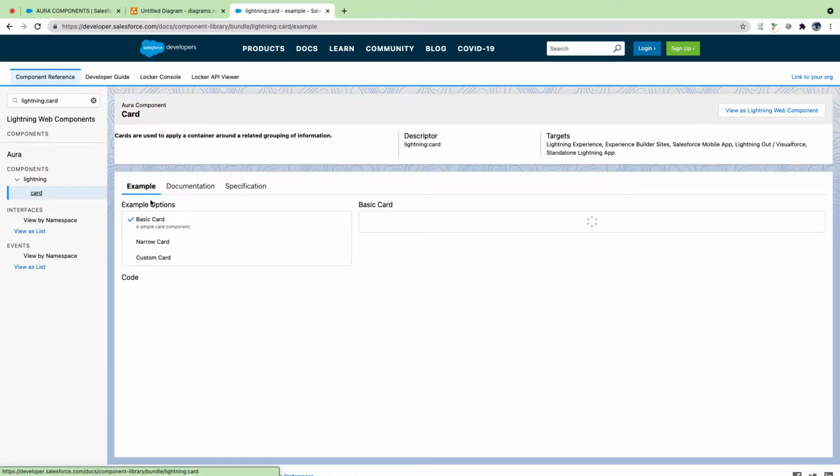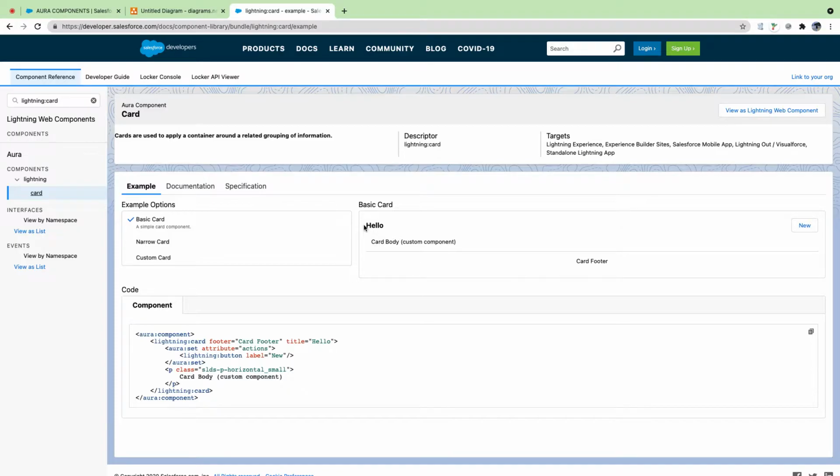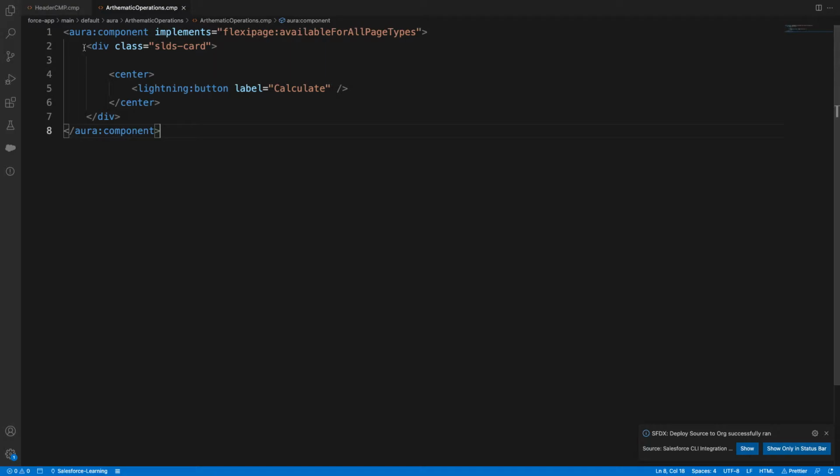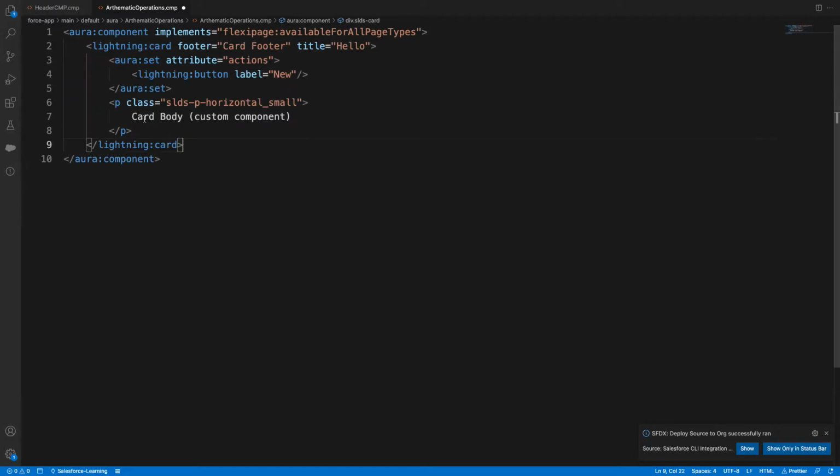We have a lightning colon card which has a title, a footer, and your action button. So I'm taking my card from here. I'll go down and I'll add it here. Instead of new, I'll set my actions. I'll remove it. Actions,